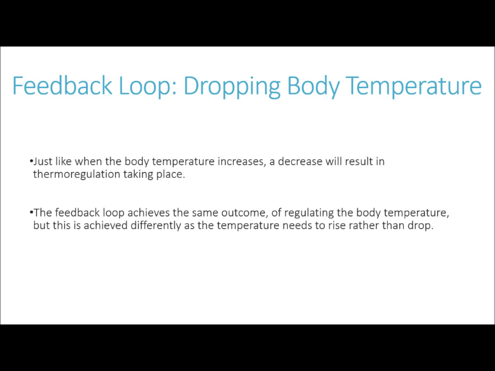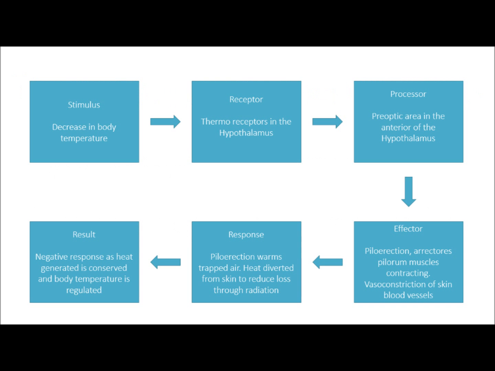The feedback loop achieves the same outcome of regulating the body temperature, but this is achieved differently as the temperature needs to rise rather than drop. Here, the stimulus is the decrease in body temperature by a cool, clear night. The receptor is again the thermoreceptors in the hypothalamus. The processor is the preoptic area in the anterior of the hypothalamus, where the nerves send signals to activate heating